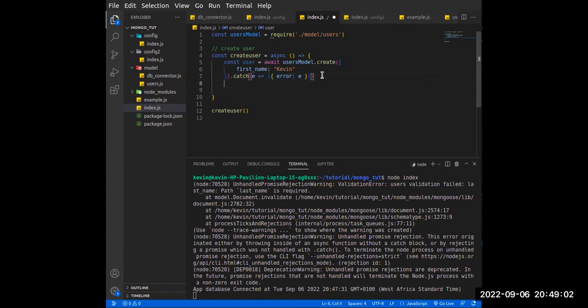So let's say we want to do some other things, and let's say we have other programs down here that are supposed to run. We don't want this error to happen and the program will still continue. So what we just need to do is we need to do a check for this. So if there's user and